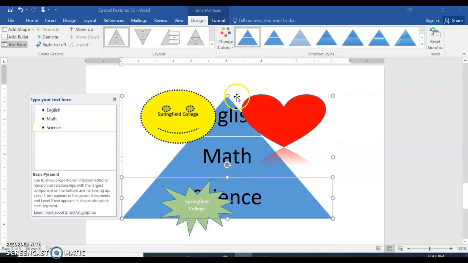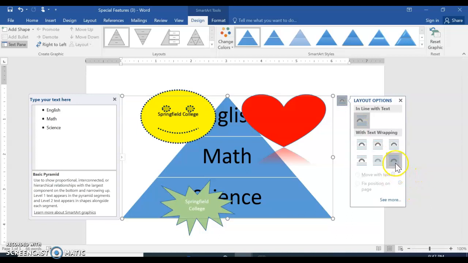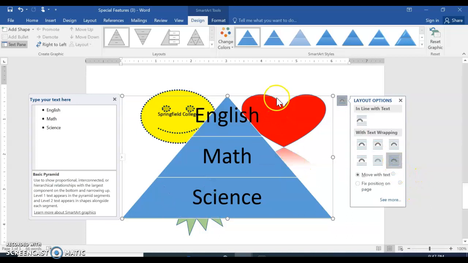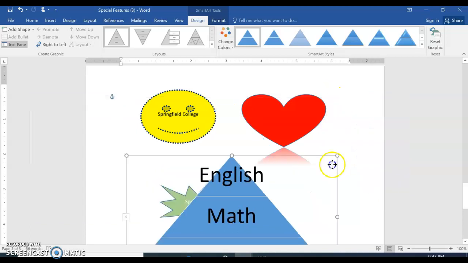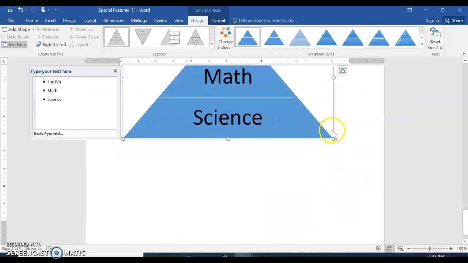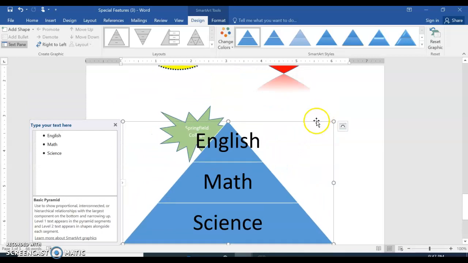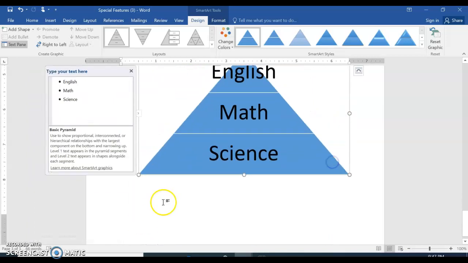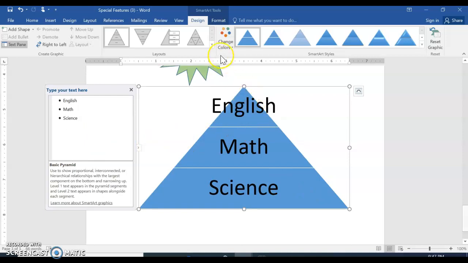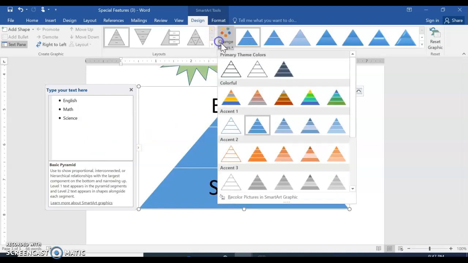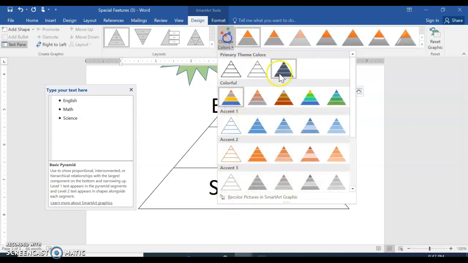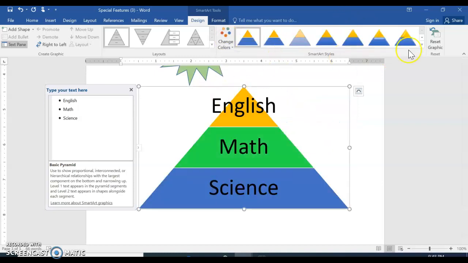And it's in the way right now. Whenever you want to move something, you have to make sure that you have the four arrows. And it's not going to let me move until I click this little button here, which is called Layout Options, and I'm going to choose In Front of Text so I can drag it just below so I can see it. Again, you need those four arrows to move it. So when I choose the triangle, again, everything's in blue. I'm going to change the color, maybe multicolor, whatever you'd like. And what's nice about it has sharp